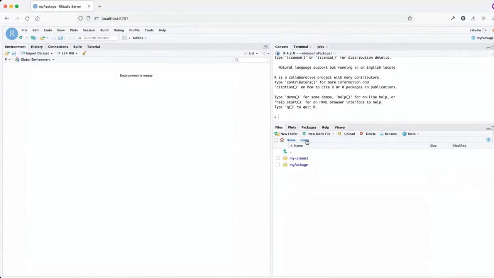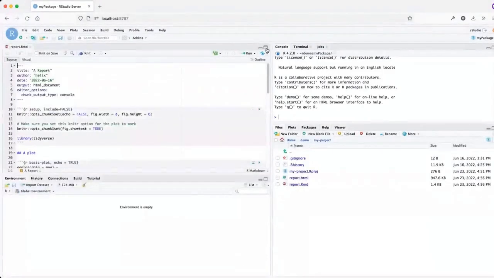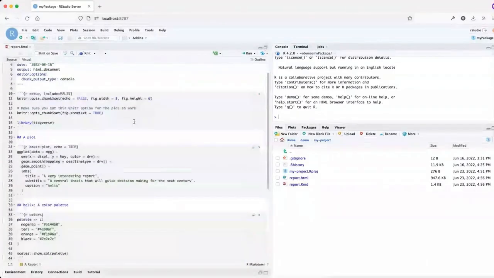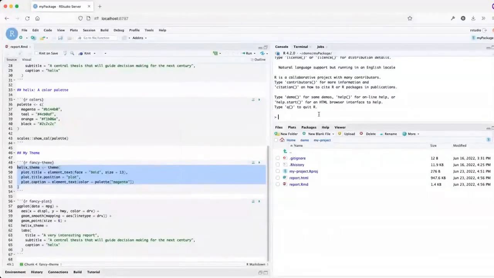So I'm going to first go and find that R Markdown file that I had open. And I'll maximize this again. And we're going to find the part where I defined the theme. And so this is the code that I want to bring in. This isn't a function. I'm going to just copy it over, and then we'll turn it into a function together. As I said, you put your functions in R files under the R folder of your package, your project.